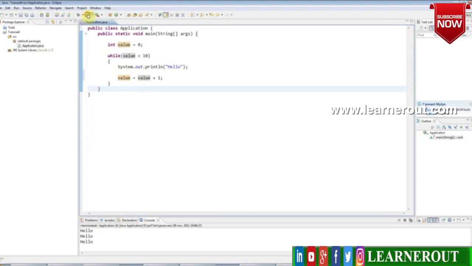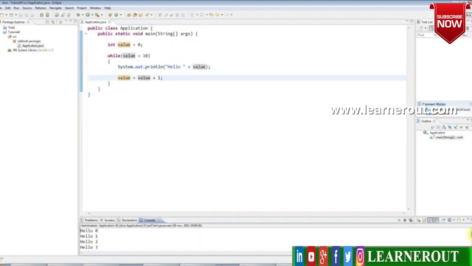So if I run this, you can see that we've got 10 hellos, and just to make it clearer, I'll add a space after hello, and then I'll output the value. I'll concatenate the value as a string to this string, and if I run that, you see we've got hello 0 to 9. So in total there's 10 hello